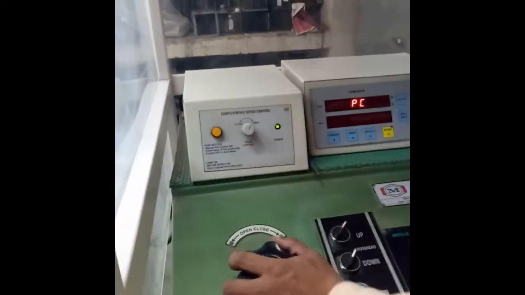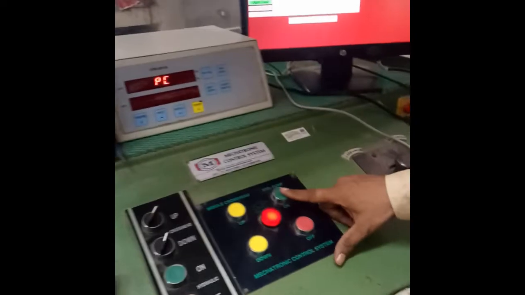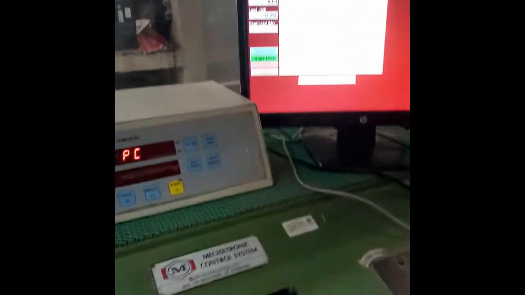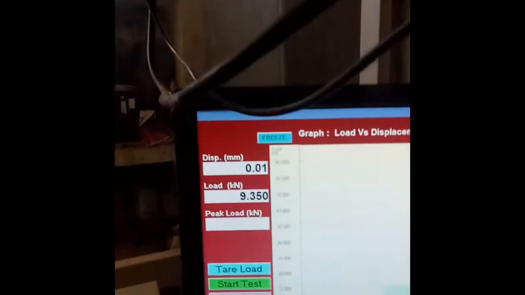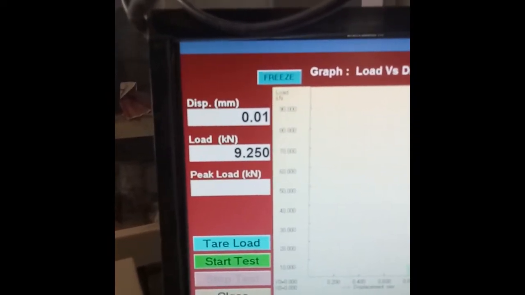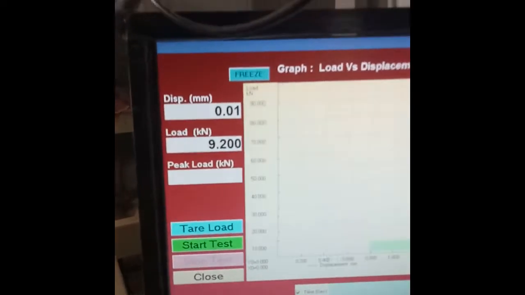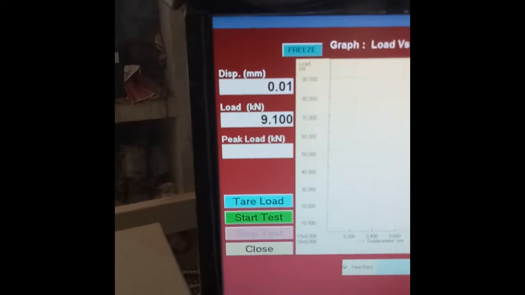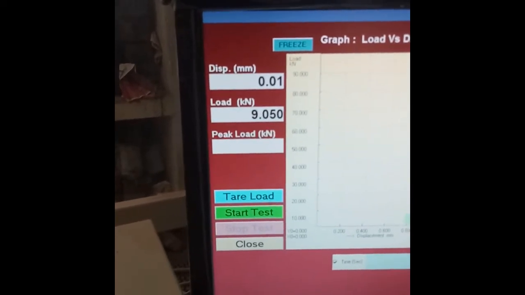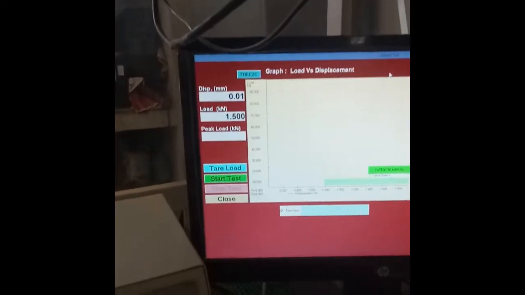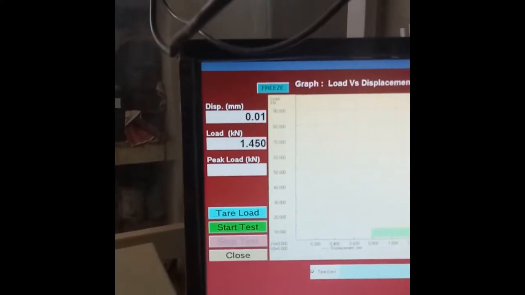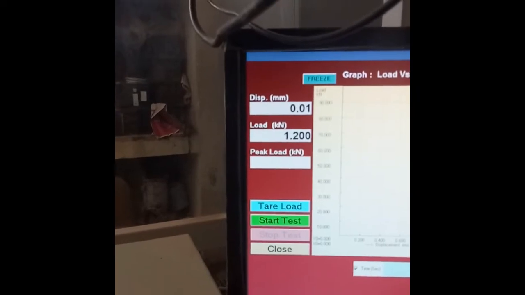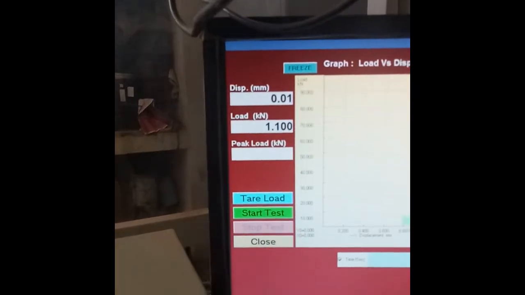First again you need to close this pressure valve, and then we need to apply hydraulic pump pressure. The actual test has started now, but if you see there is some initial reading showing. These readings are errors, so automatically it will get to 0, and then at the bottom we'll click on tare and start the test. Now you can see this reading is becoming 0, and then we'll tare and start the test.